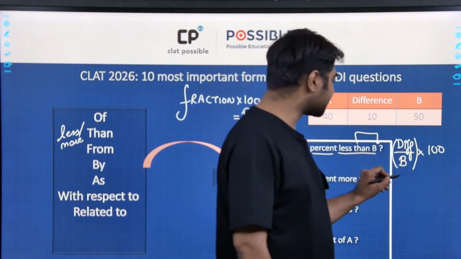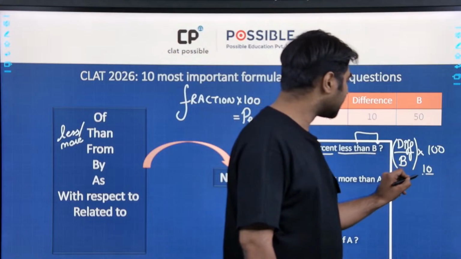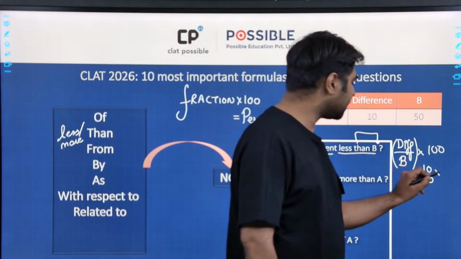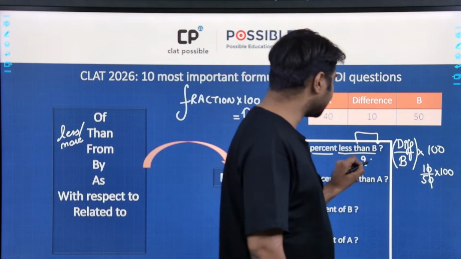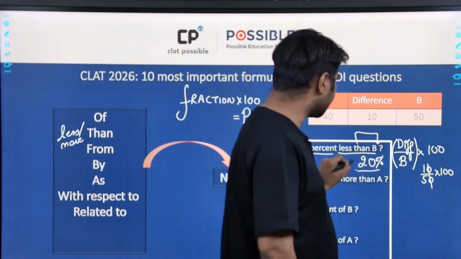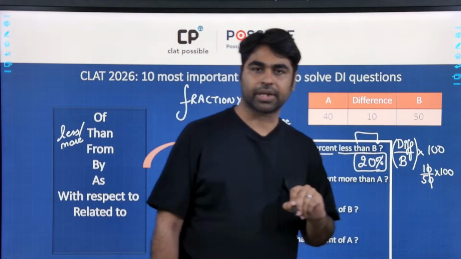Okay, so what is the difference value, guys? It is 10. What is B? It is 50, into 100. So it will become 20%. That will be the first answer for you. Okay, similarly,